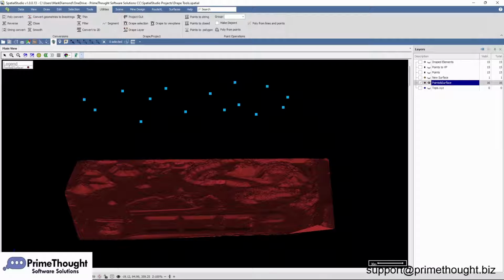In this video, we will go over how to use the Drape tools in our spatial products. The Drape tools allow you to drape a set of elements onto surfaces or onto the current view plane. These tools can be found in the Utilities tab in the Drape Project section, or can be searched for in